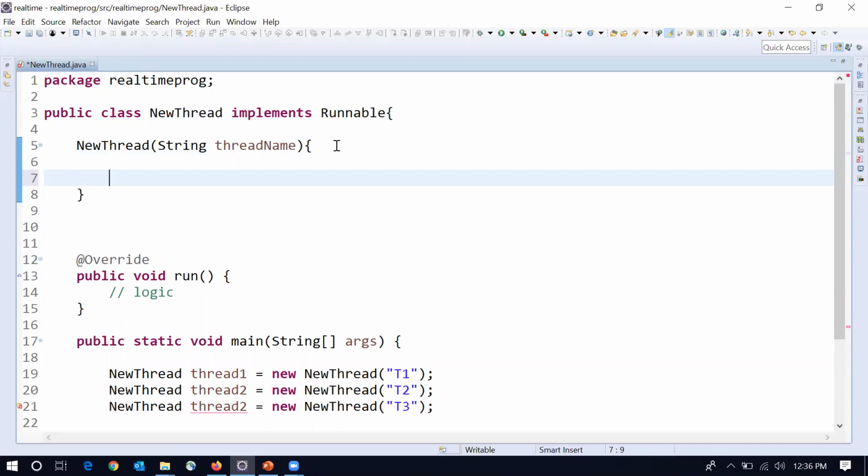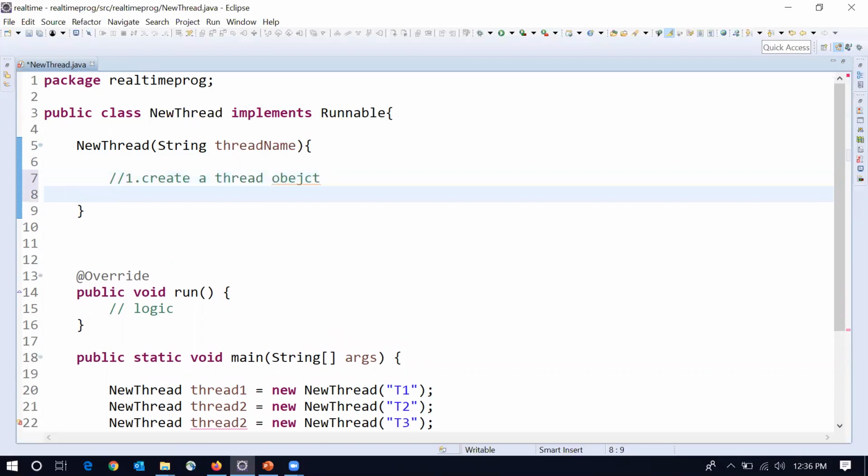So what do we have to do within a constructor? First of all, the first part of the life cycle, create a thread object. So how to create a thread object? Thread is the default class which is used for creating a thread, so some object t is equal to new Thread, and within this we have to provide the this keyword because right now this refers to the current object.